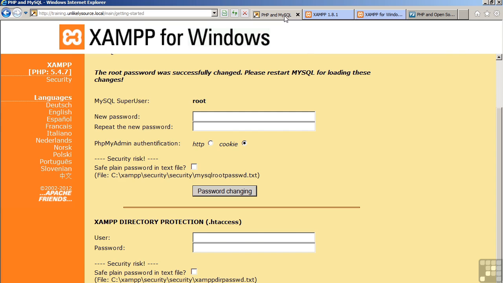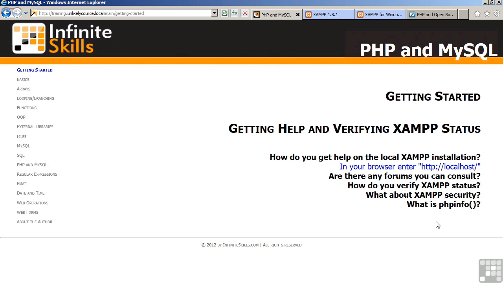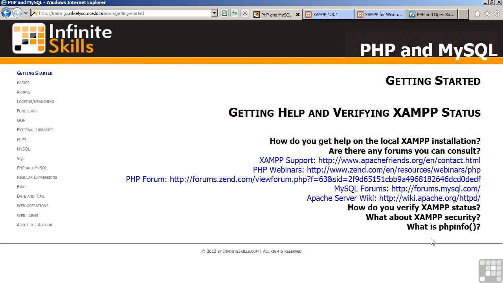So, in review, how do you get help on the local XAMPP installation? Simply type localhost at your browser, and you will be redirected to an XAMPP default page. Are there any forums you can consult? For XAMPP support, go to www.apachefriends.org. For PHP webinars, which are recorded sessions approximately 1 hour in length, go to